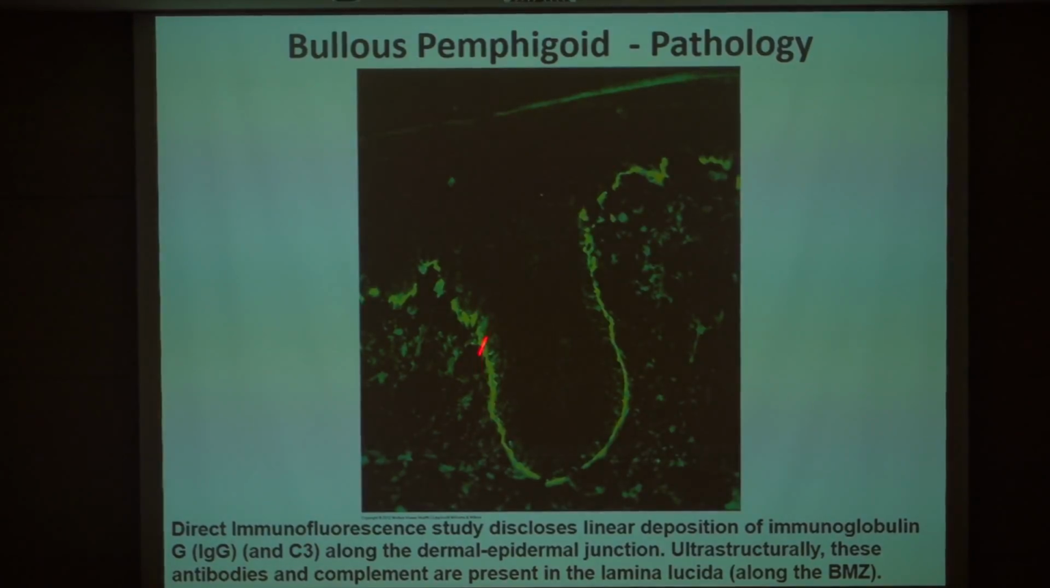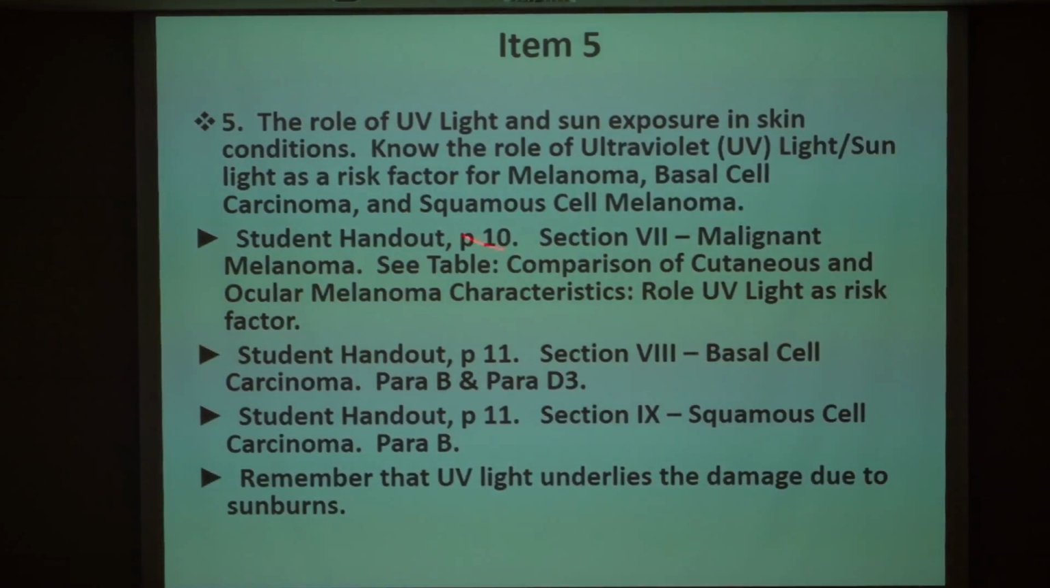And here we do immunofluorescence staining. The antibodies will basically light up in the lamina lucida, which is along the basement membrane zone. If anybody has any questions on one of the classes, don't be afraid just to speak up. Otherwise, I'll just look. Now, item 5, you've got to know the role of ultraviolet light and sun exposure and